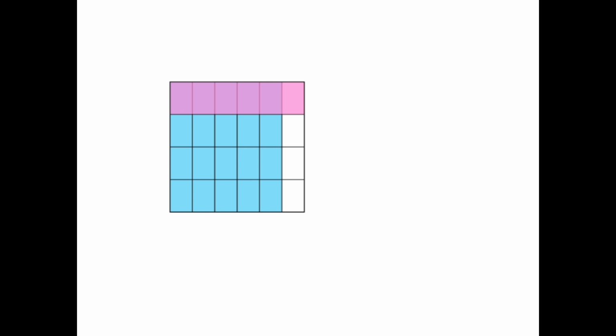Let's focus on columns. So we have 1, 2, 3, 4, 5, 6. The first fraction will have a denominator of 6. Then you have to ask yourself, how many are shaded? 1, 2, 3, 4, 5. That is that blue. Then we are going to multiply that by, let's focus on rows and label 1, 2,